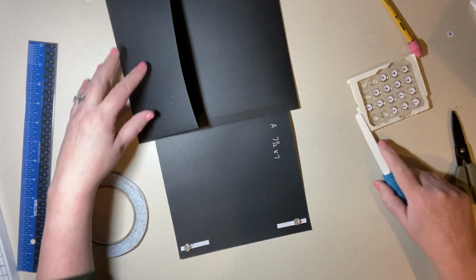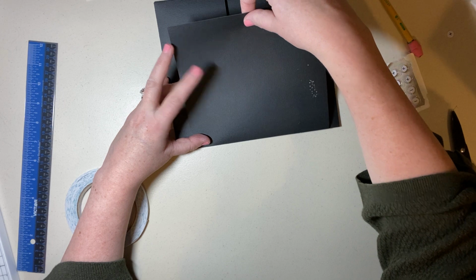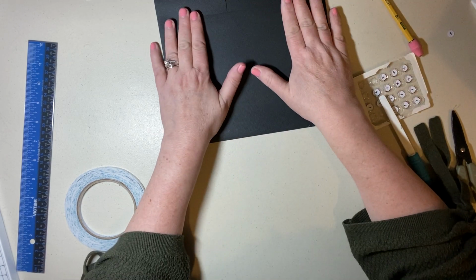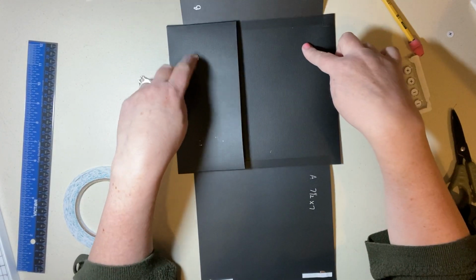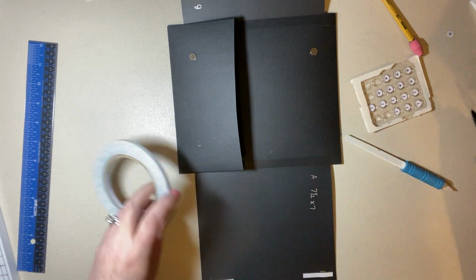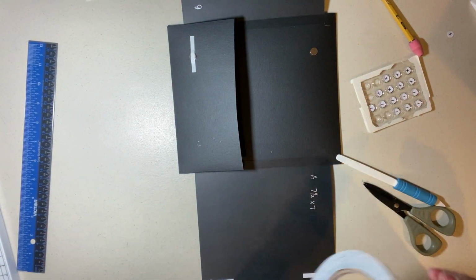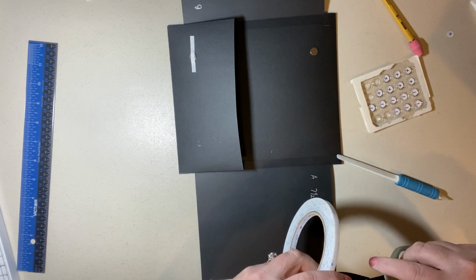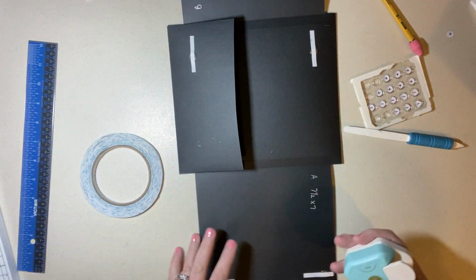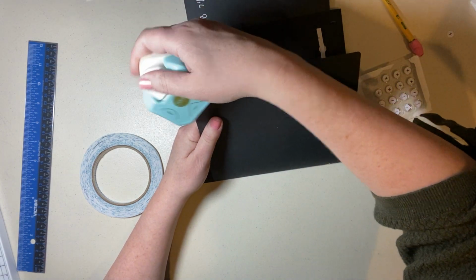Okay. Now I'm going to hold down my pocket. Put this paper up. Actually, if you want to corner around, you might want to corner around before. It's a little easier. I can do it afterwards, but there, I'm going to put that down and then lift up, and there are my magnets. So I know they're lined up. And I'll tape those down. I am going to corner around this. I will try to do that first next time before we put the magnets, but I am using this